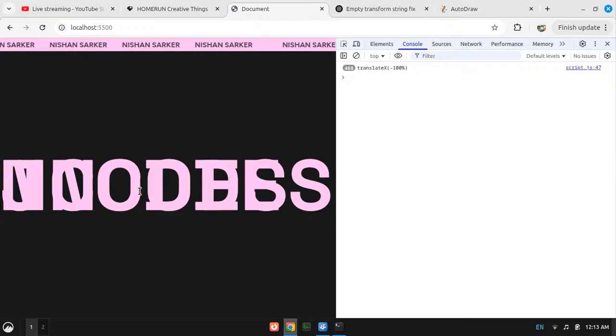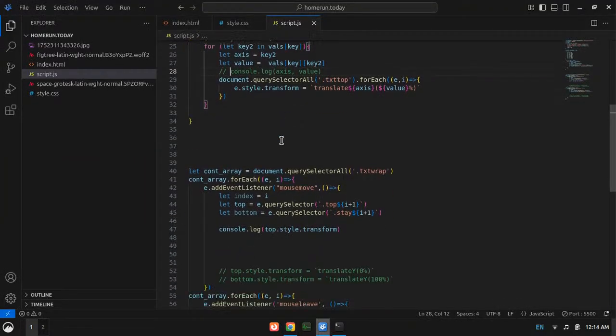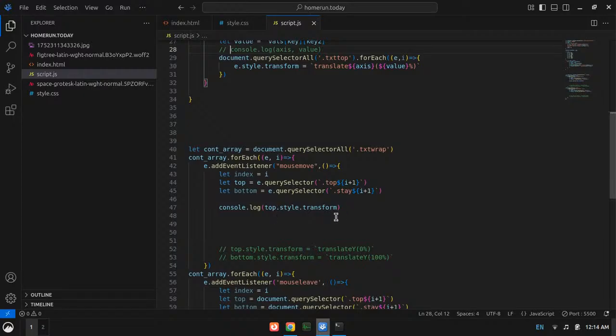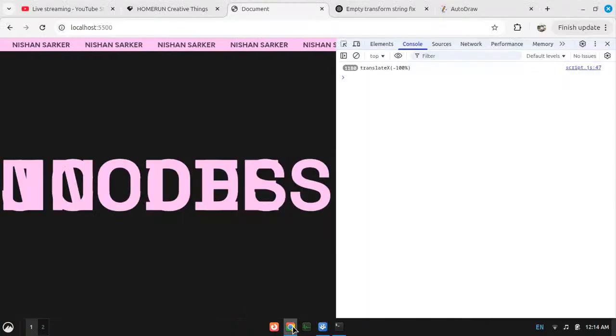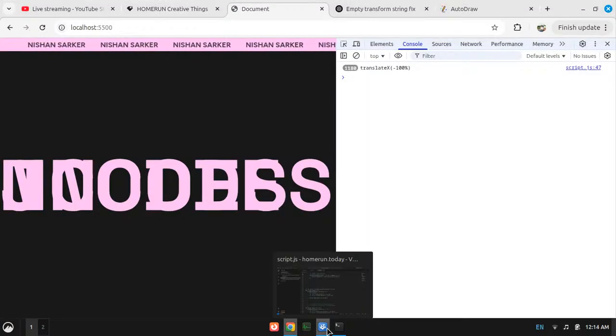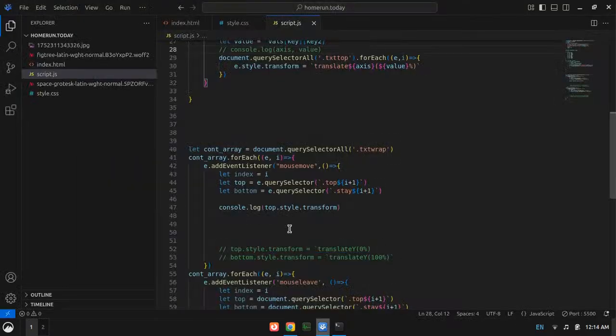Why is literally all of that, why is it always transform translate minus x? Why is it?